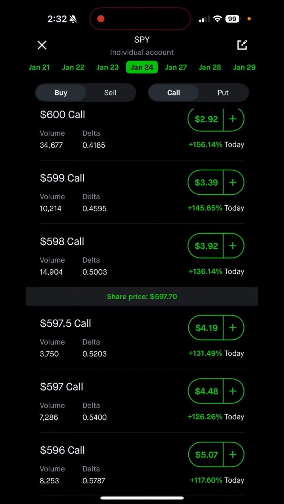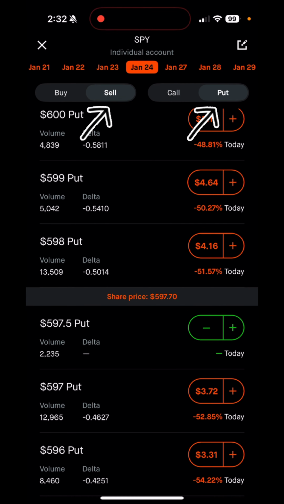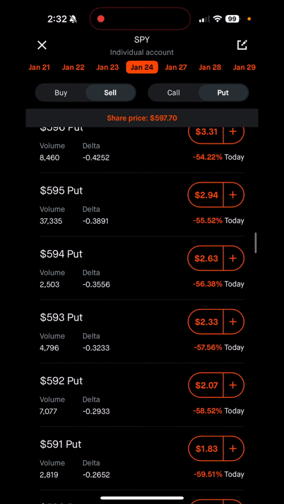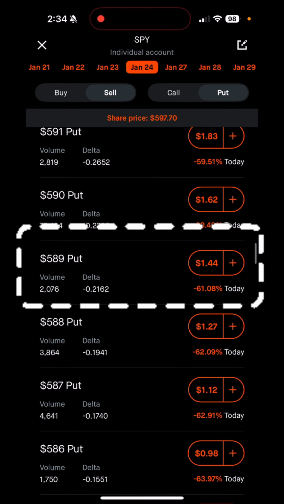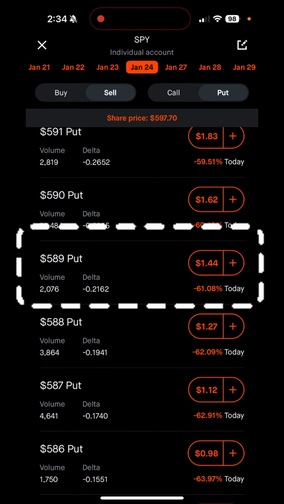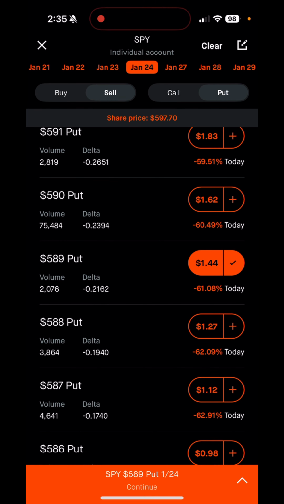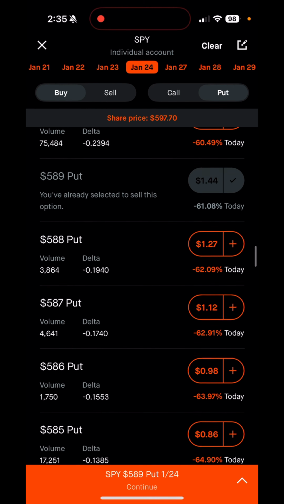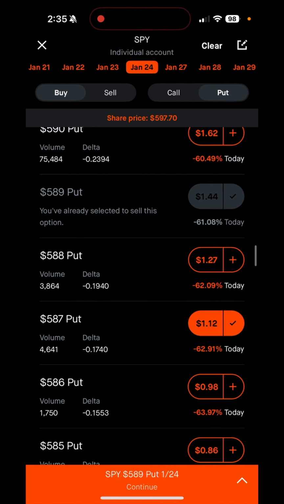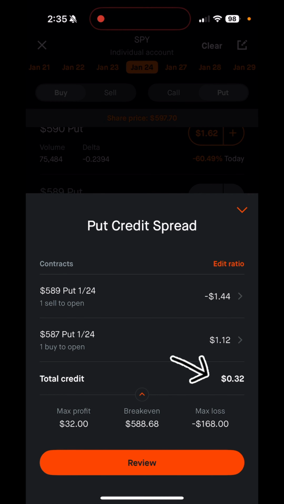As we want to be doing a credit put spread, let's switch to the sell and put tabs and search for a short put option around the 0.3 to 0.2 delta. I like this 589 put with the 0.21 delta, so let's use this for our example. We can now switch over to the buy tab and select our width. I like this width of 2 at the 587 strike because that will give us a credit around $32 per